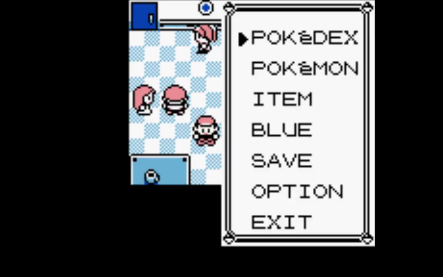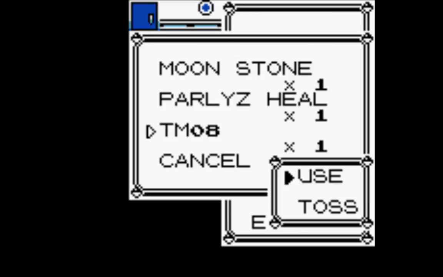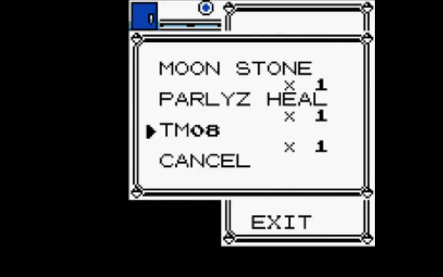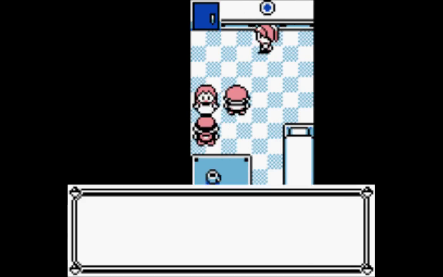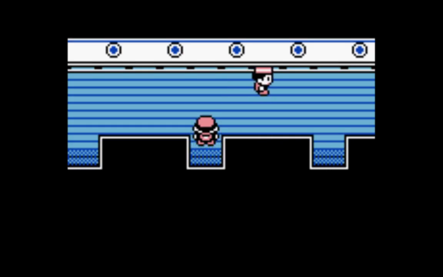TM08. Alright, what's TM08? Wing Attack. Well, we don't have any flying Pokemon right now. Okay, maybe to fight both of them. I suppose we could use Wing Attack on Mewtwo, but...